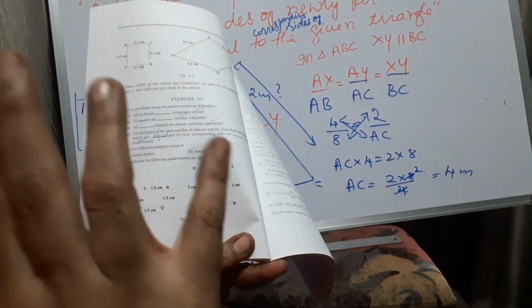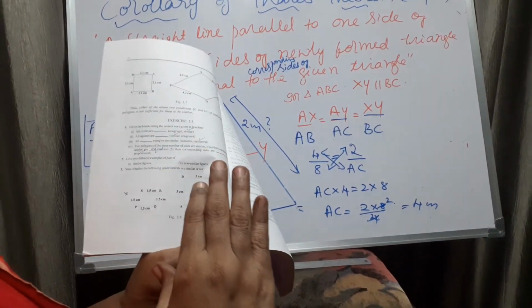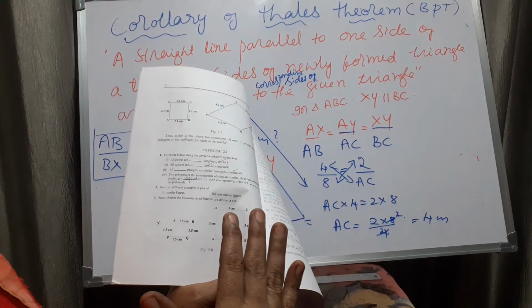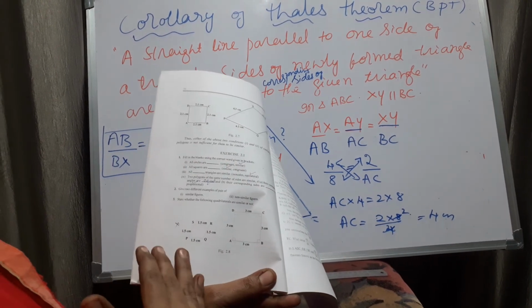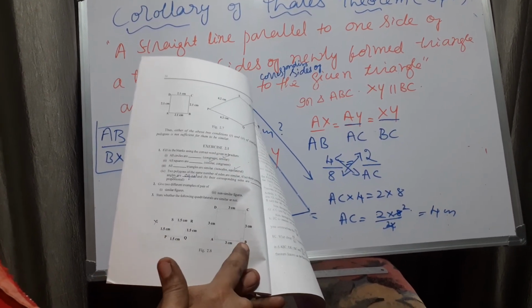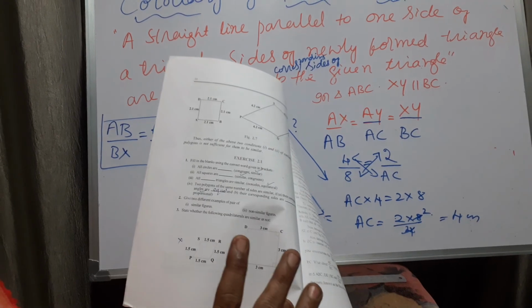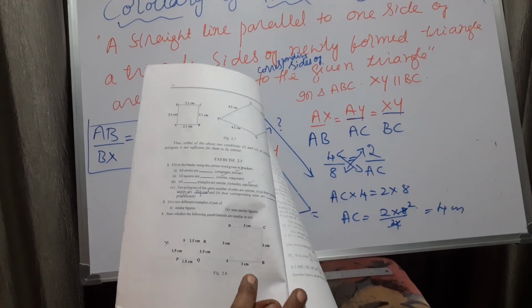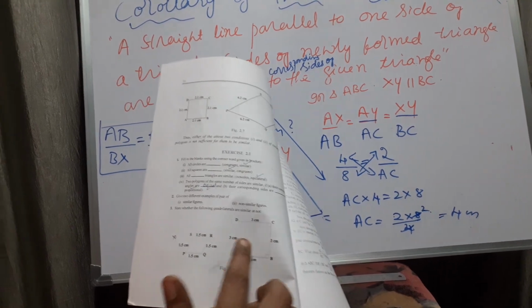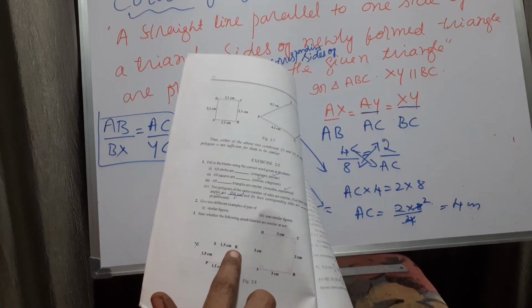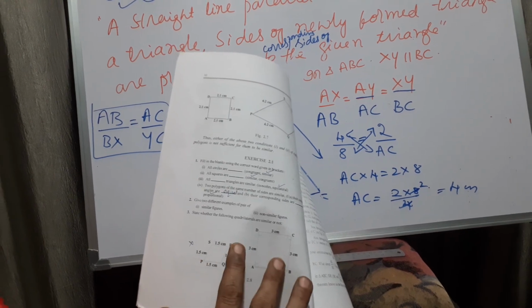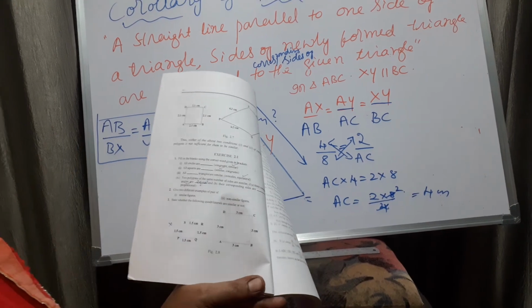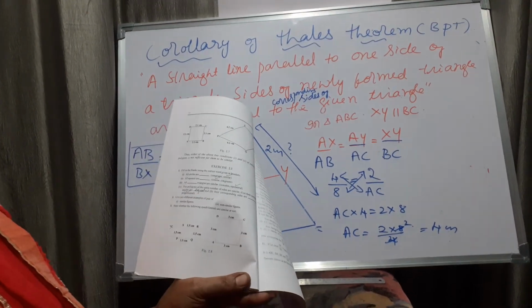In two figures, angles of one triangle are equal to the angles of another triangle, and sides of one triangle are proportional to the sides of another triangle. Here in the two figures, the sides are proportional, but the angles are different. Here all angles are 90 degrees in the second figure, while in the first opposite angles are equal. Therefore, these two are not similar. You may think they are similar, sides may be proportional, but angles are not equal.